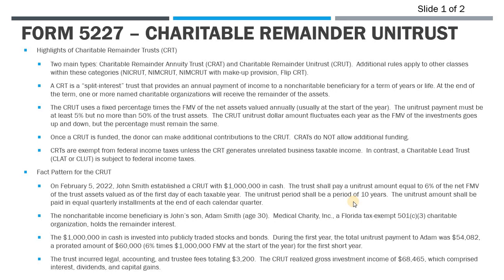The unitrust period shall be 10 years, and the amount should be paid in equal quarterly installments at the end of each calendar quarter throughout the year. So John sets up this trust. The non-charitable beneficiary is going to be his son, Adam. And then the remainder beneficiary, that charitable group, is going to be a Florida-based medical charity